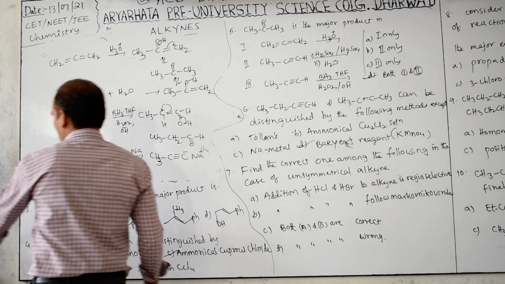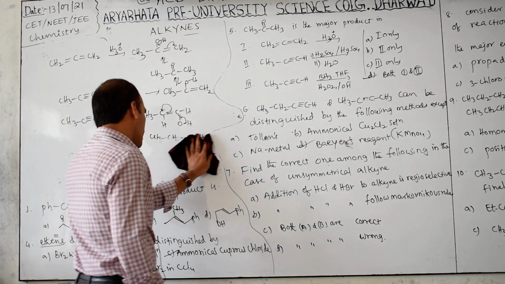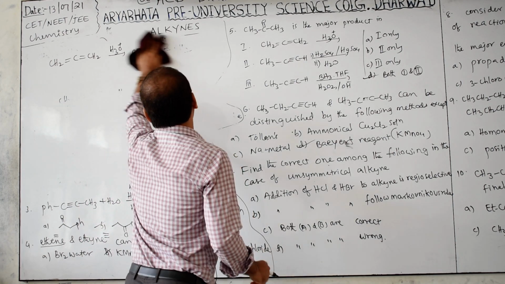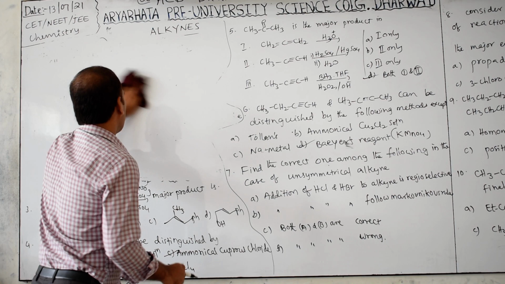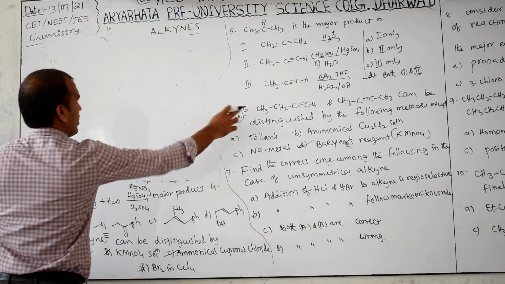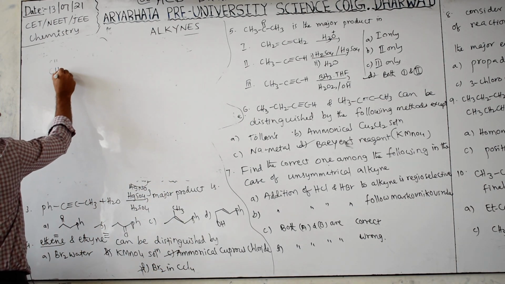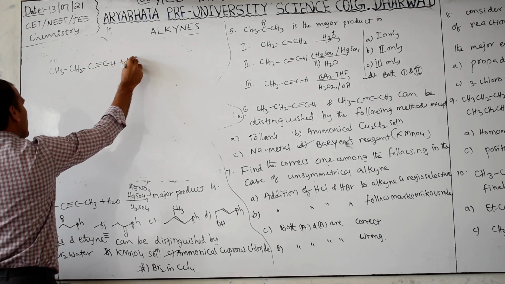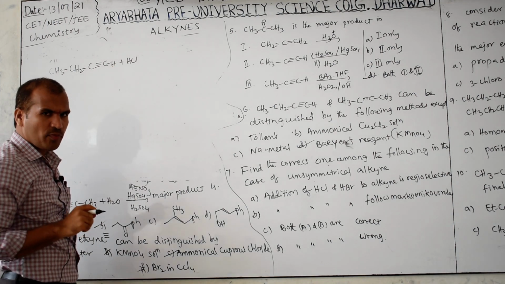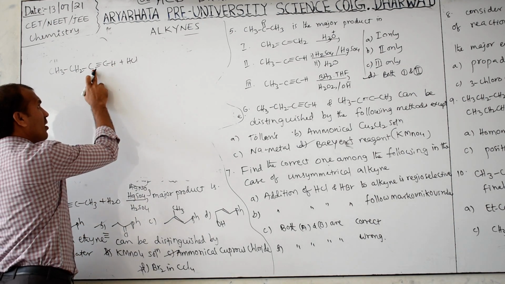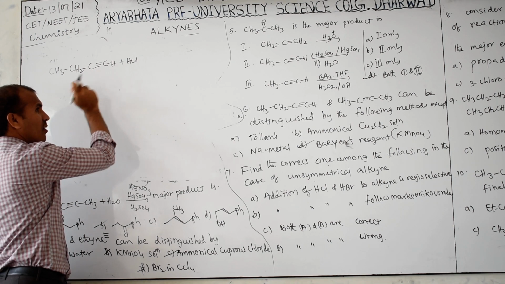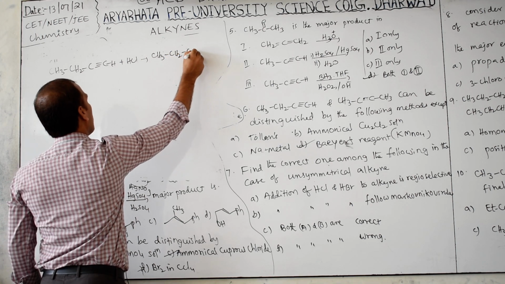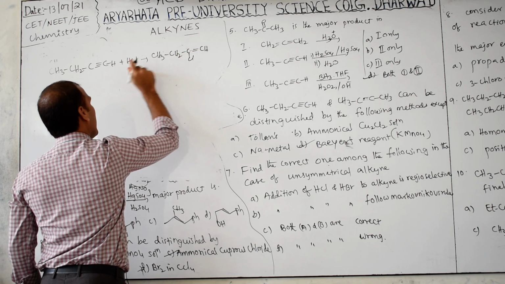Now you may not have heard this word regioselective. In second year this word is important. See, this I want to take CH3 CH2 C triple bond CH. Now I want to add HCl. Negative part of the reagent bonds where? Left or right? Left. CH3 CH2 Cl double bond CH and H on CH2.